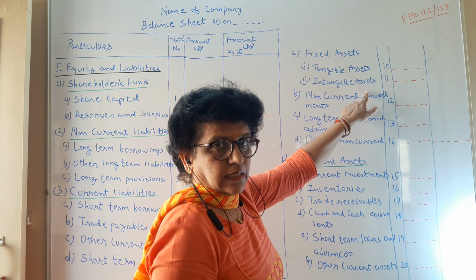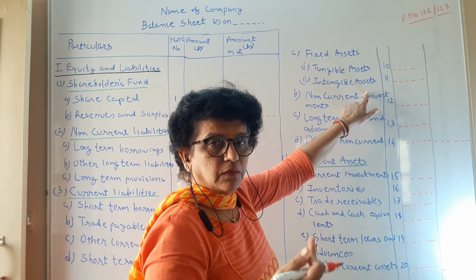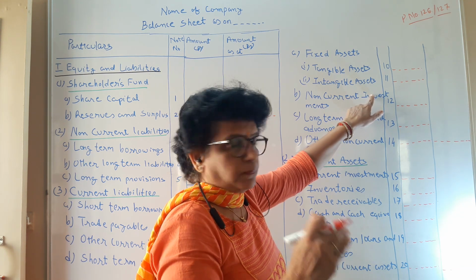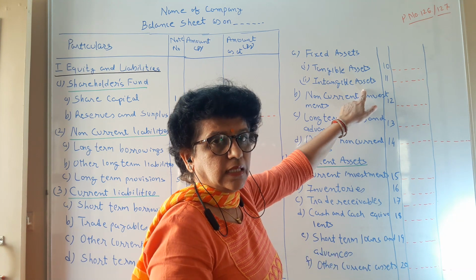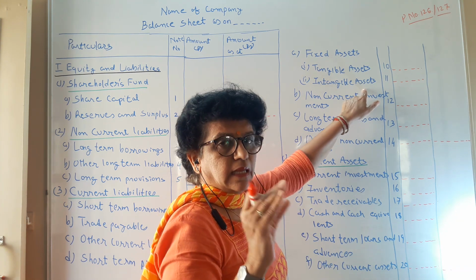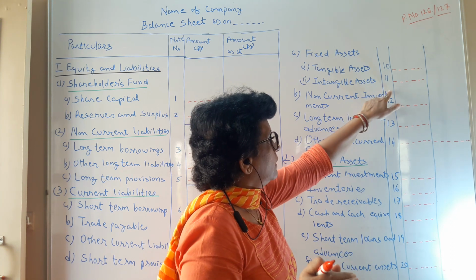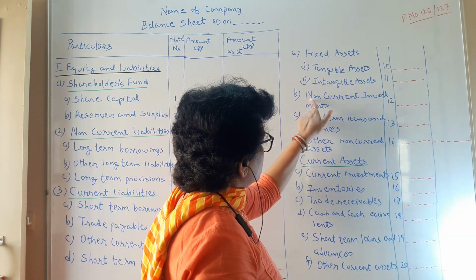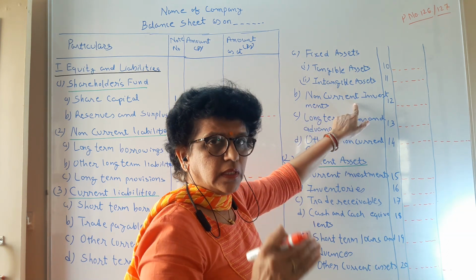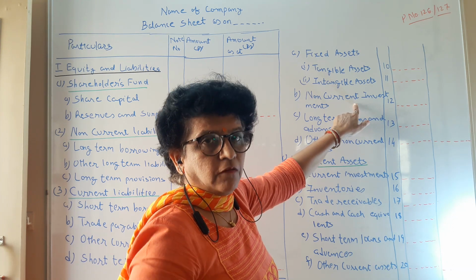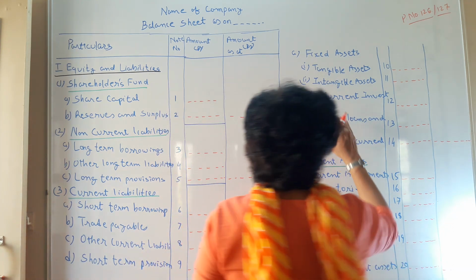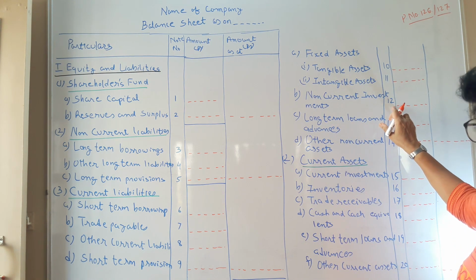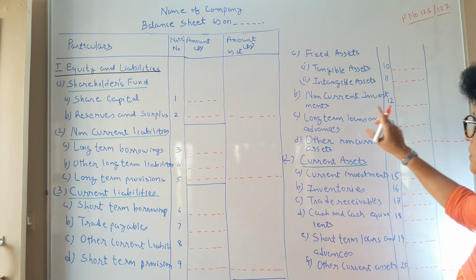The intangible asset, that is, you have the trademark, you have the copyrights, you have the goodwill, or any intangible asset which you cannot see and which you cannot feel, but still it has the value and you are showing the value. The next point is non-current investment. So non-current investment means long-term investment done by the company for the wealth, for the security. So non-current investments are to be mentioned. You can jot down the note with that to explain how many non-current investments you have.